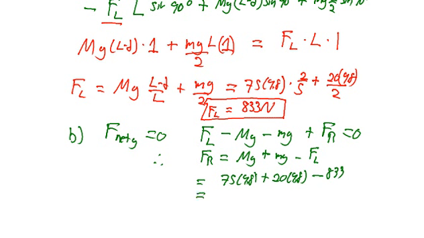So I'll just take 75 plus 20 times 9.8 and then subtract 833, and so that gives us